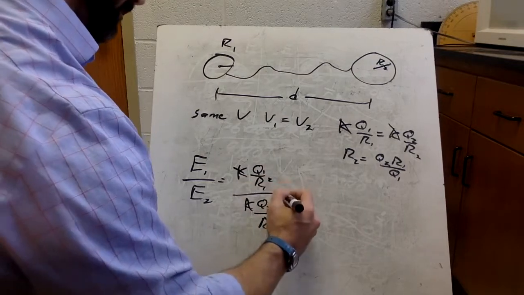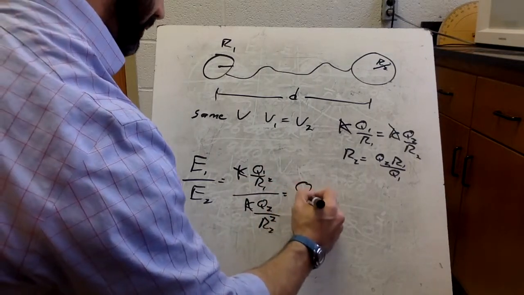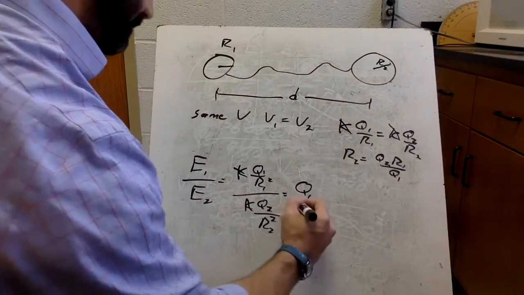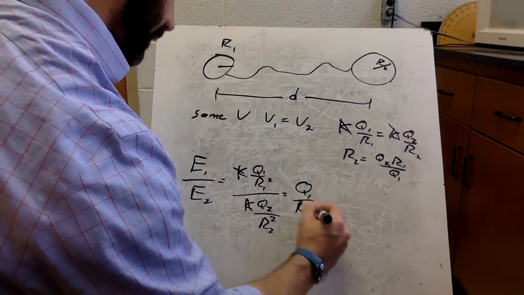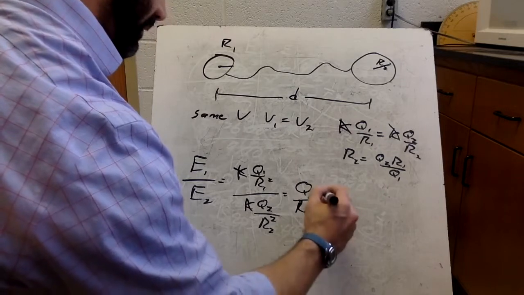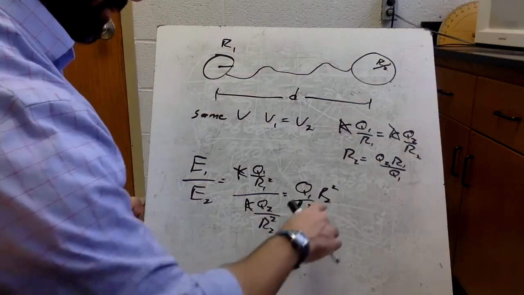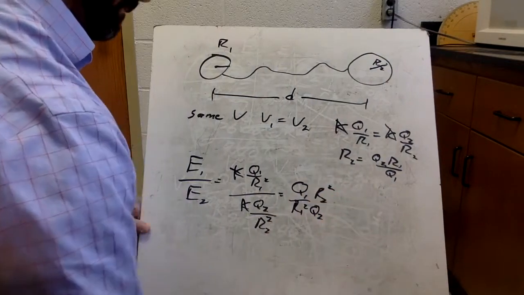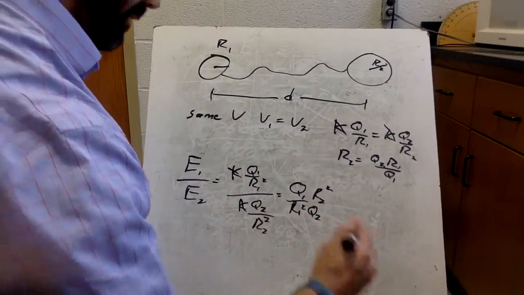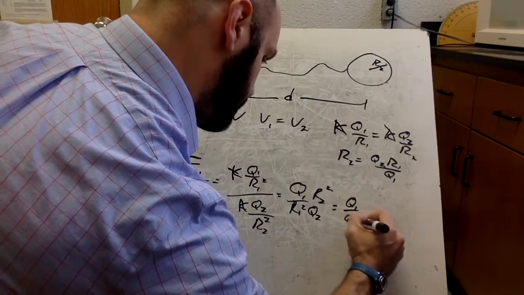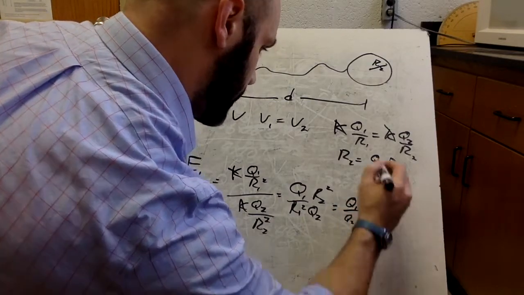K cancels out, and so I'm left with q1 r2 squared over q2 r1 squared. But now I can substitute for r2. I've got this thing as a result, and so this is going to be q1 over q2 r1 squared, and then this whole thing,